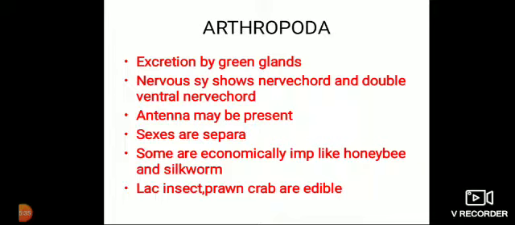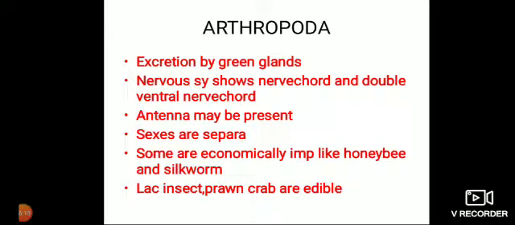Now, honeybee. What things do we get from the honeybee? We get honey. You know the importance of honey. Then wax for candles. Silkworm. From silkworm we get the silk used in saris. Then aeroplane tires, fishing nets. Then we can get money from these organisms or use them in industry, small scale industries. Lac insect. From the lac insect we get lac.